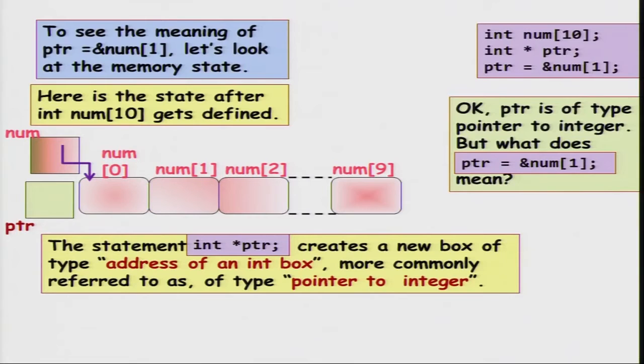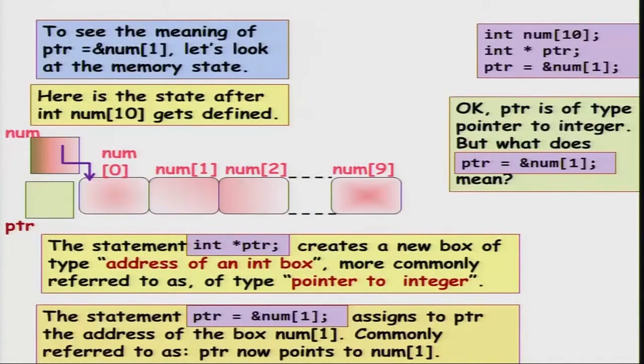So, ptr is of type address of an integer box, or more commonly referred to as pointer to integer. The statement ptr equal to address of num1 says that ptr now points to num1, or ptr contains the address of num1. Okay. And pictorially we denote an arrow from ptr to num1, just like I denoted an arrow going from